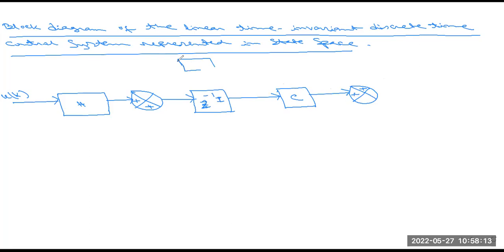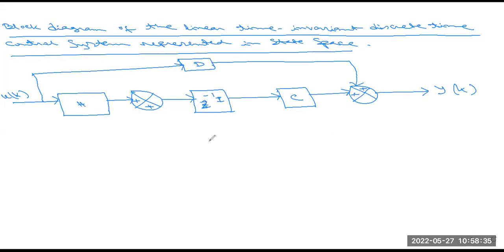This is expressed for the D, and it is connected this input to the final summing point from here, and this is the output section. This is the y of k,